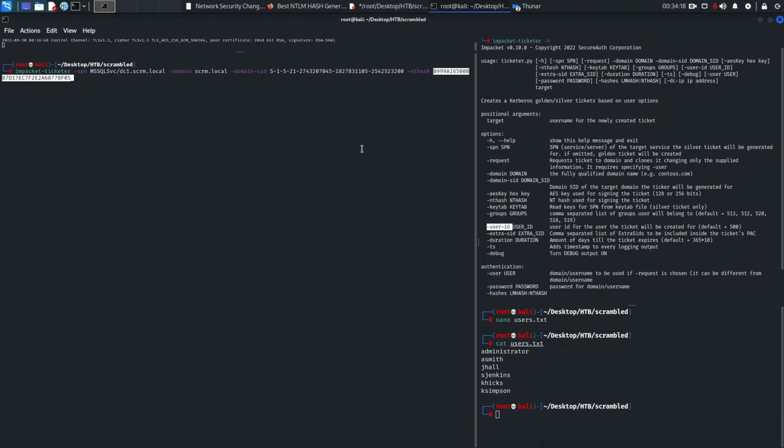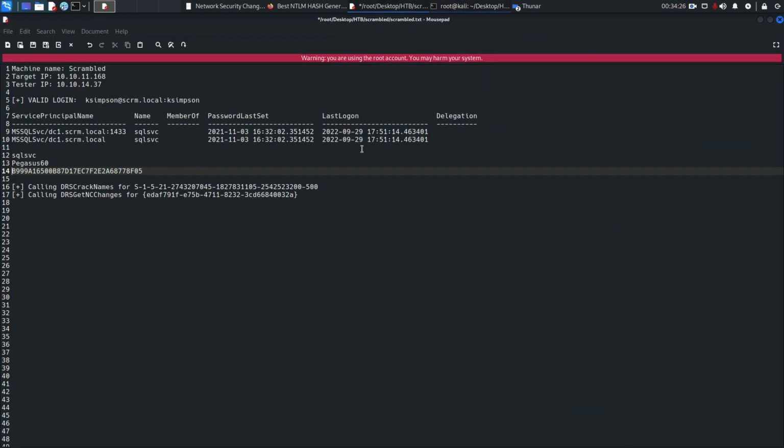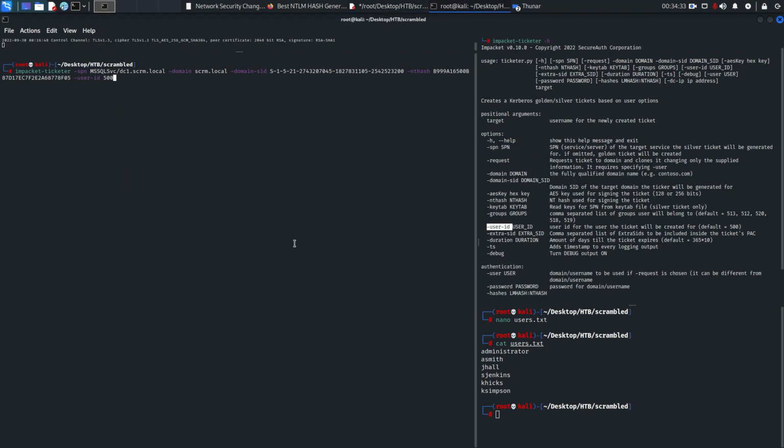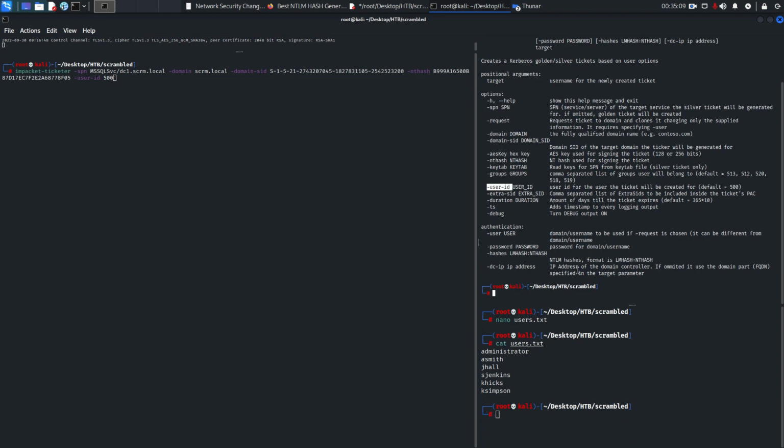We need user ID, so space hyphen user hyphen ID. So let's say user ID is 500, because this is the domain SID and this is the user ID, right? What else we need? User ID 500. Okay, now we just need to specify which user. Let's say administrator, or wait a moment, Sqlsvc, and hit enter,